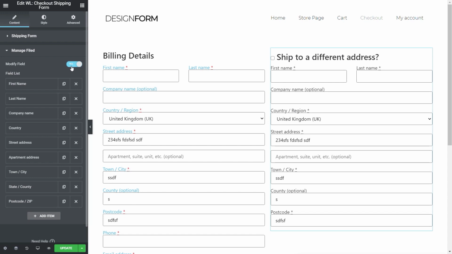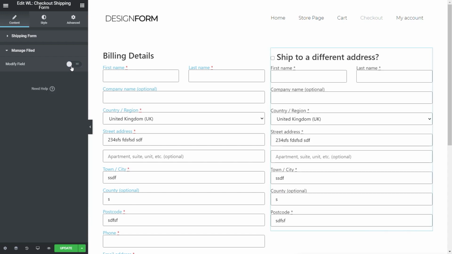So you have that control, and this is where you're not only getting the ability to style and do all those kinds of things and build it up the way that you want it to look. You're also getting one of those plugins that you normally have to purchase to be able to add extra fields in, remove fields, or if you want to remove fields, you could get into the functions PHP or use code snippets and then start messing about with the code editing that you can get as part of WooCommerce. But if you don't want to deal with that, this is one of those ways that you're getting a 2-for-1,